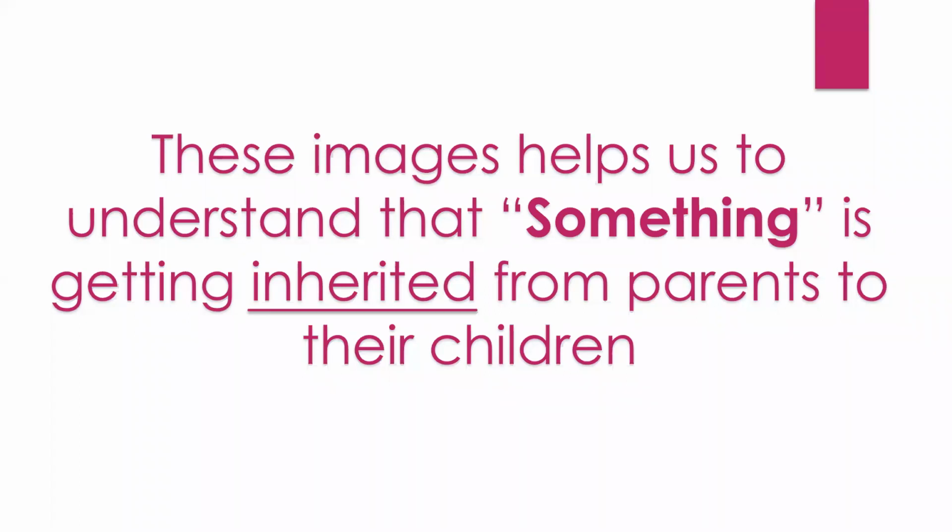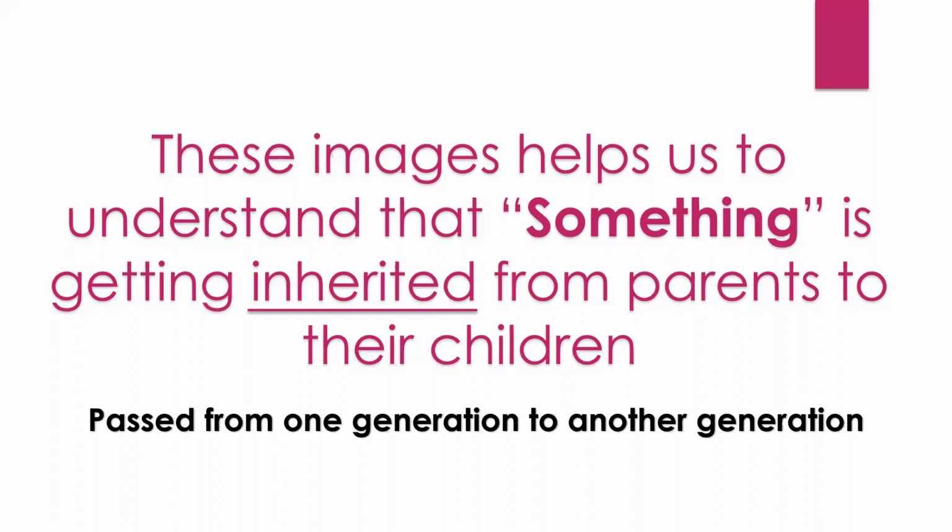Now let's say I'll give you an example. Do we have some hereditary land or maybe a hereditary or family necklace or a jewelry piece which will be passed on from one generation to another generation? Correct? So something which is passed on from one generation to the next generation is called as inherited. Okay? So what's the meaning of inherited? Something that's passed on from one generation to another generation.